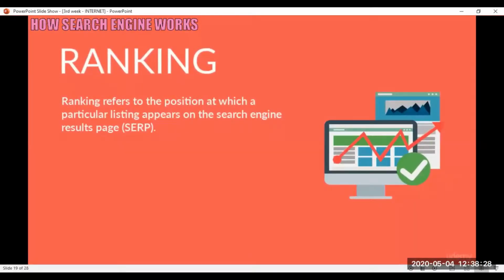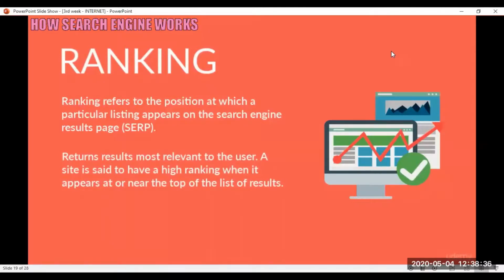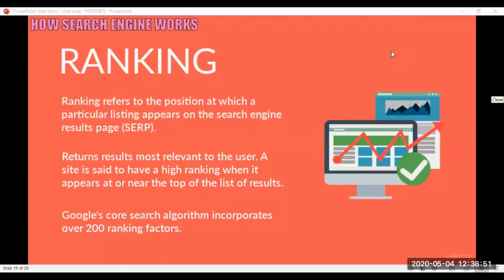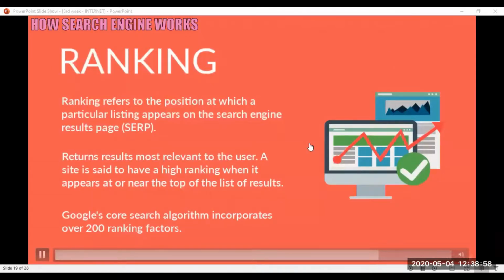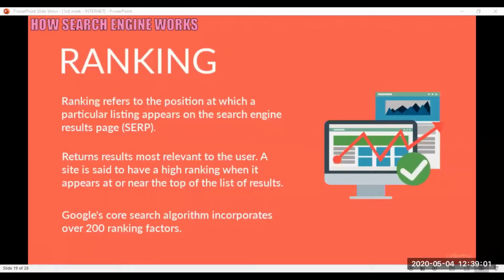When a user enters a query, the search engine scans the index to locate the most relevant sites. It then returns the results it believes are most relevant to the user. We refer to this as ranking. Ranking is determined by many factors. For example, Google uses over 200 ranking factors to identify the relevancy of their search listings. These ranking factors are part of a complex algorithm, and Google does not openly disclose what these ranking factors are. However, through a combination of research, testing, and most importantly, experience, the important factors of good SEO are known.